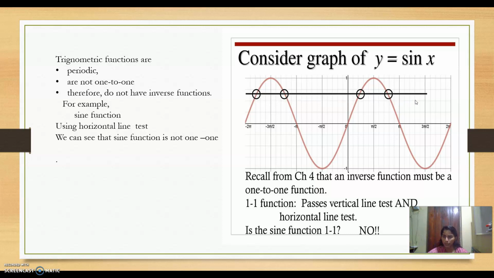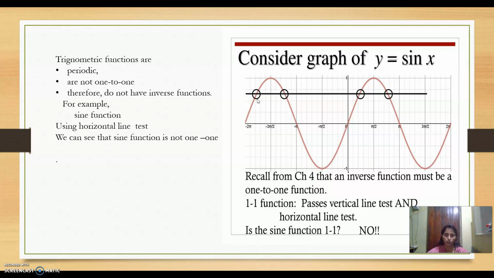If the line meets the graph at exactly one point, then the graph is one-to-one. If the line touches more than one point of the graph, then the graph is